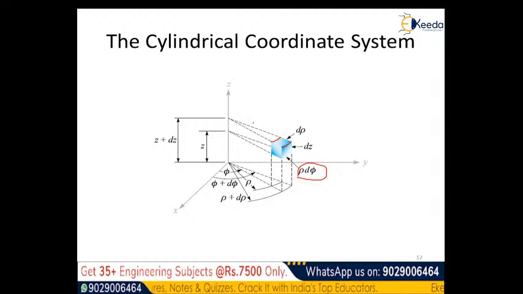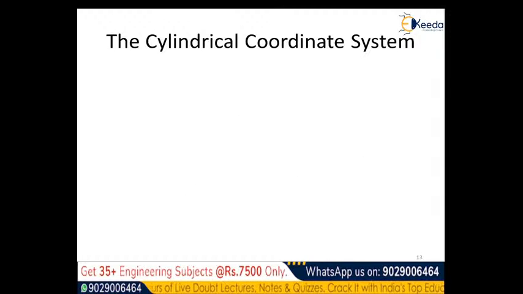Let us say for example rho 1. So rho has been added with d rho here, that is why this has to be multiplied by d rho. The similar fashion is to be done here to determine the differential surfaces, the multiplication of the two. Then for the differential volume, the multiplication of the three dimensions in the coordinate system here. Now while we switch from the rectangular coordinate system to cylindrical coordinate system, we had learned the conversion among the